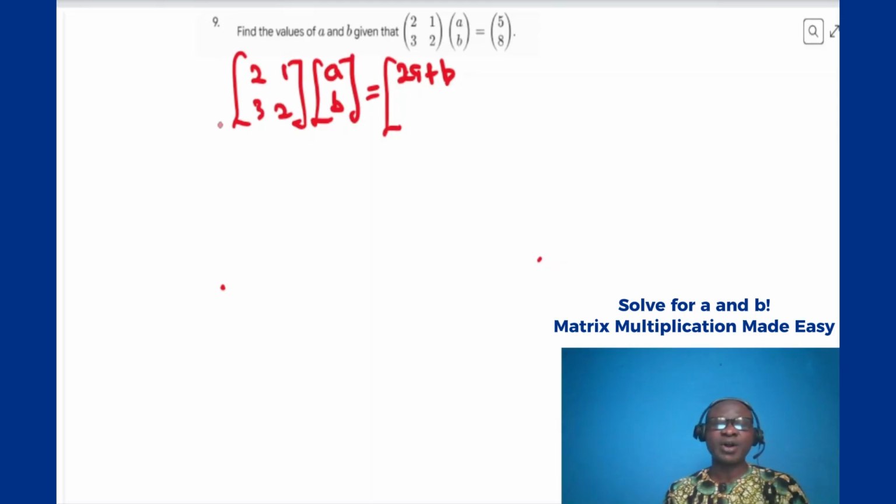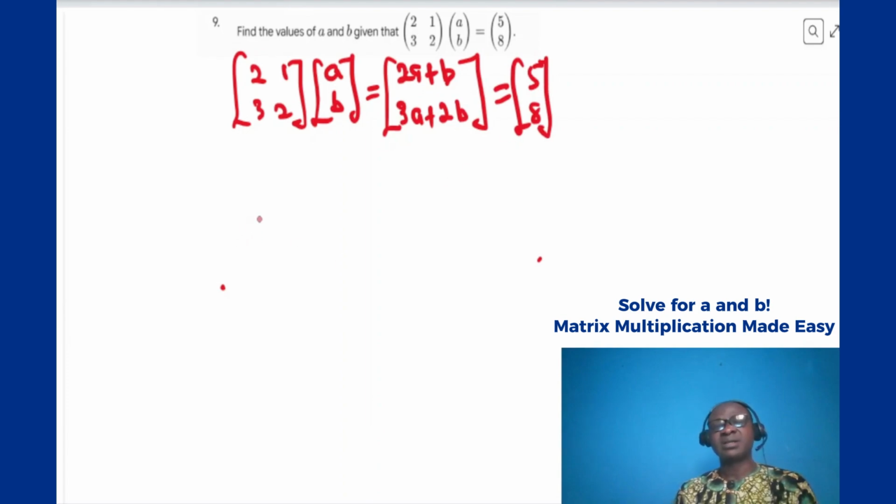I go to the second row. 3 multiplied by A will give me 3A, and then plus again, 2 multiplied by B will give me 2B. And they said that the whole of this is equal to what? 5, 8. Can you see that? Yes, sir. Now, what I'm going to do next is I'll write for you a simultaneous equation that 2A plus